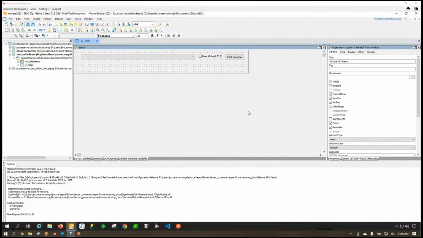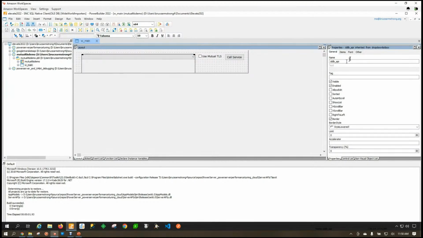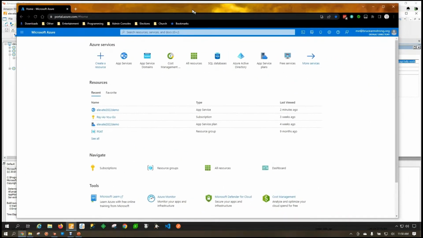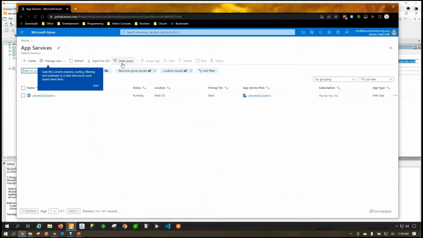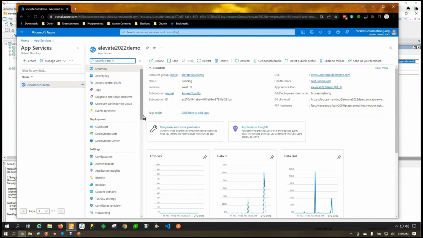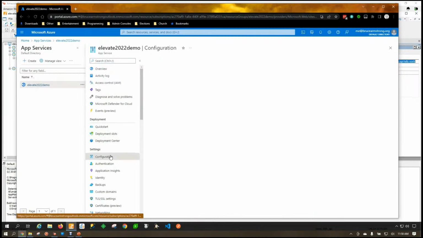Okay, let's take a look at a demo of that. So now we're going to look at using mutual TLS with Azure, and same sample application. The only thing that's going to change is the service call I make. Let's go ahead and look at the Azure console though. So I go to my app services, go down here into the configuration,